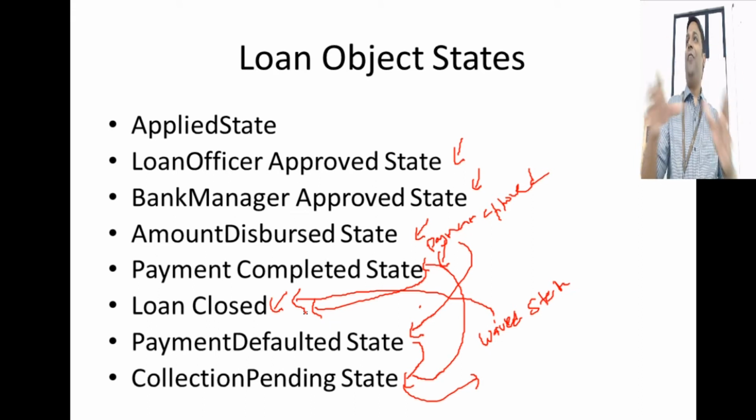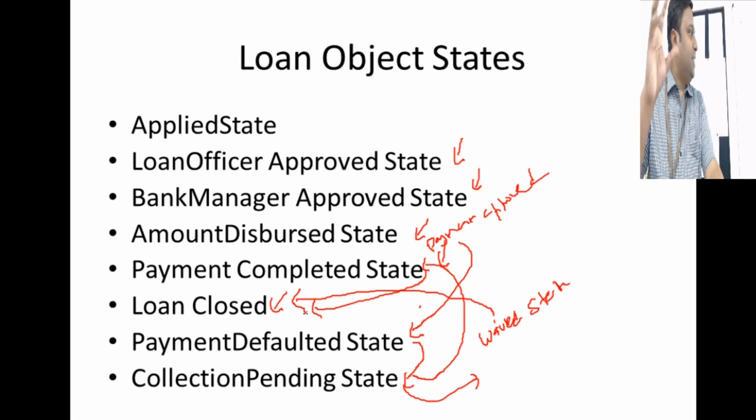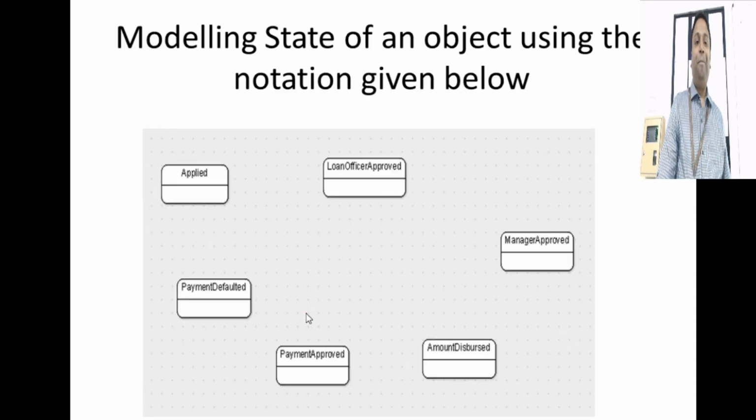Loan closed. After that, that object will not have any transitions of its states. That is done for the particular object. So you should know that the last stage for the object is a stage from where it will not transit to any other stage. Once you close the loan, it's done. So how will you model these things in UML?